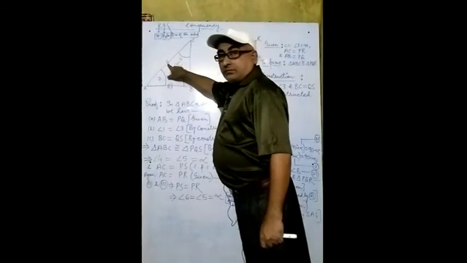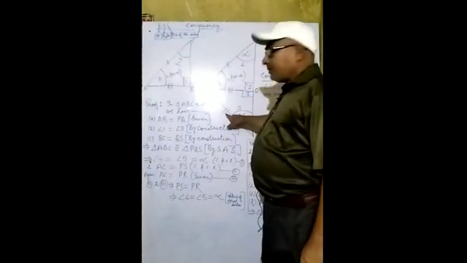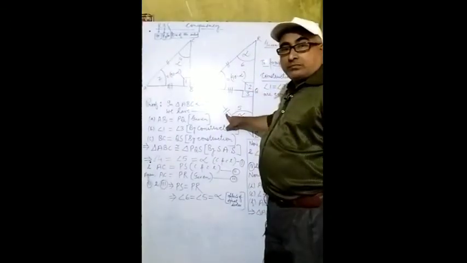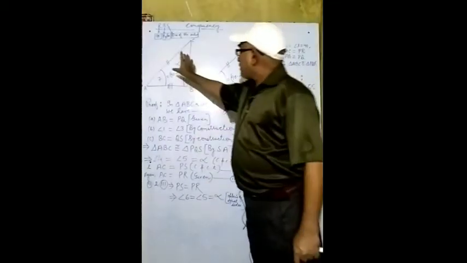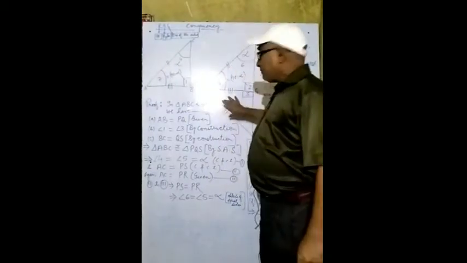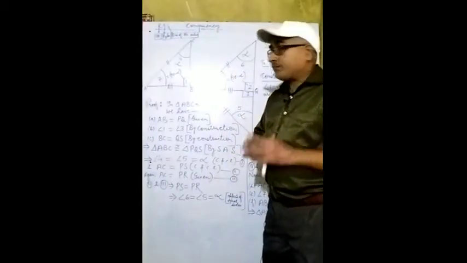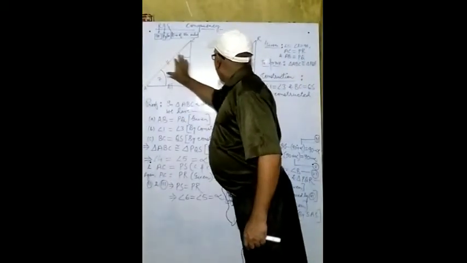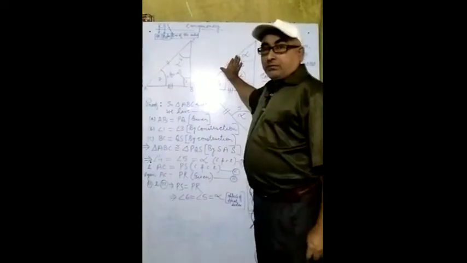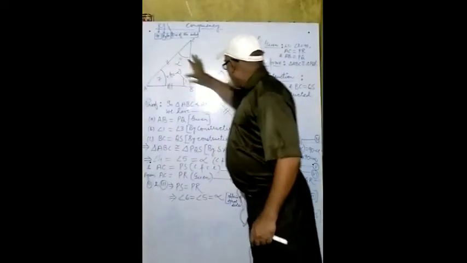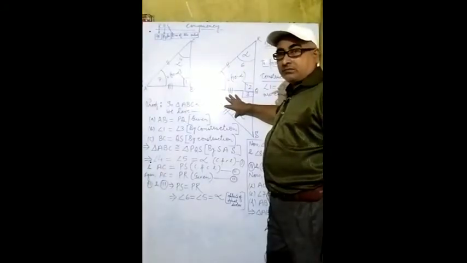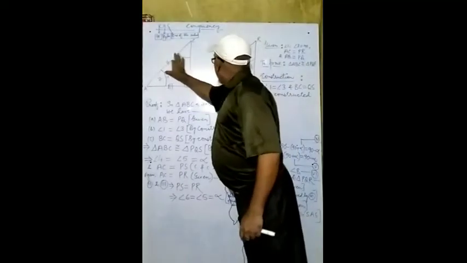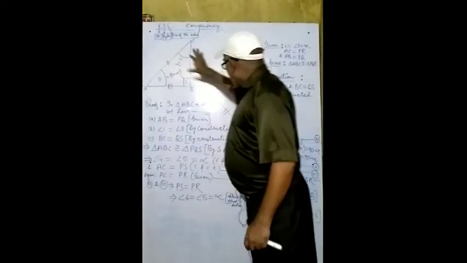This side will be equal to this side because both the triangles are congruent by CPCT. This one is equal to this one. Now again, see, this hypotenuse is equal to this hypotenuse, already given, and this one is also equal to this one. We have proved it just by construction. By CPCT we have proved this one equal to this one, and this one also equal to this one.